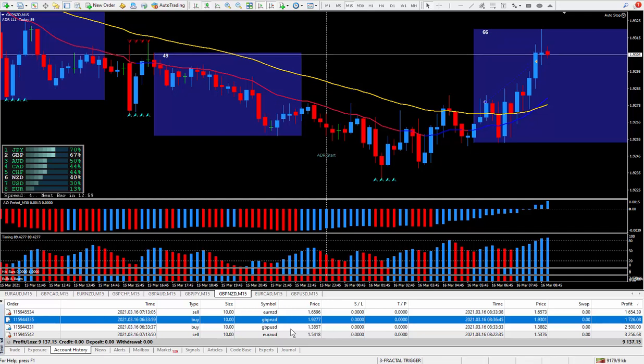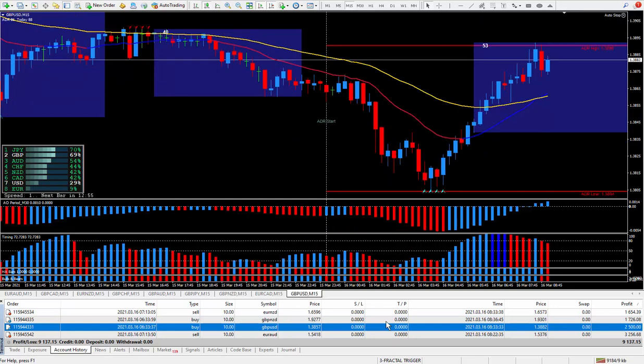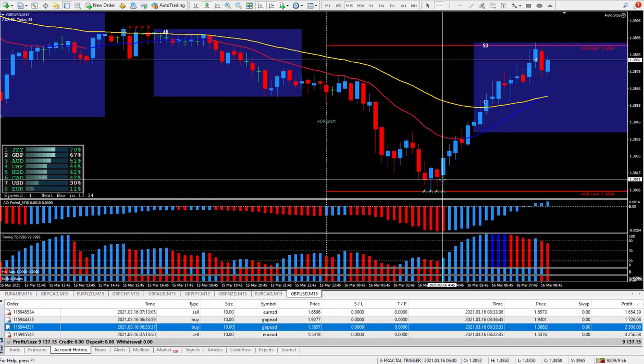So let's move on to the next pound pair, the pound dollar. Let's run a check on that. Here's another one. Now these trades were traded the way I teach within the training videos. It's called How to Trade Around the Goal Line. Same situation here. Would have been much better way back here to get in,